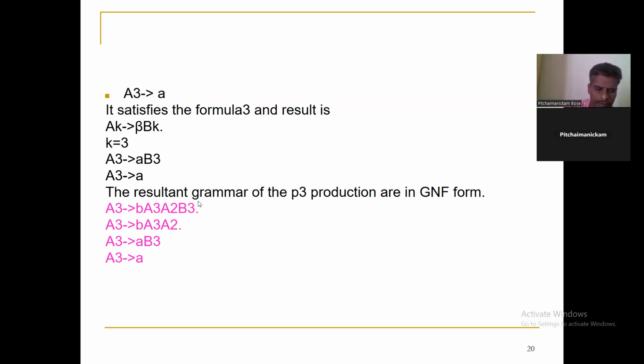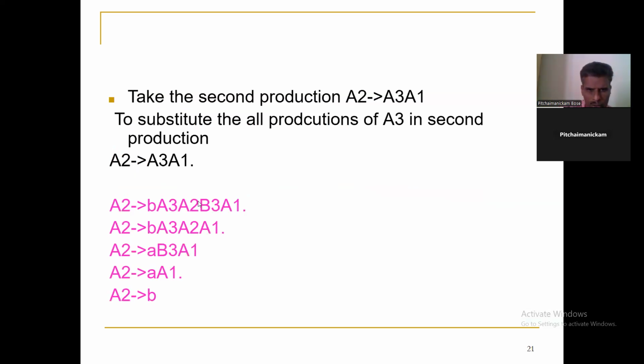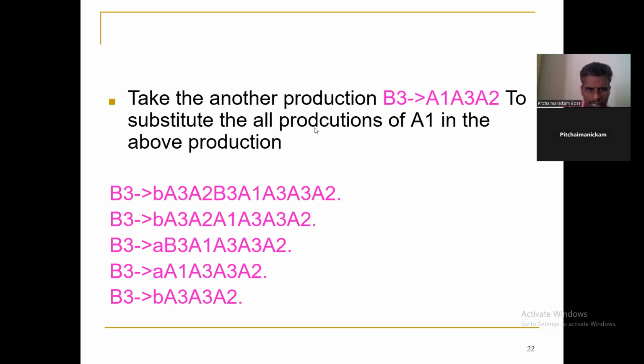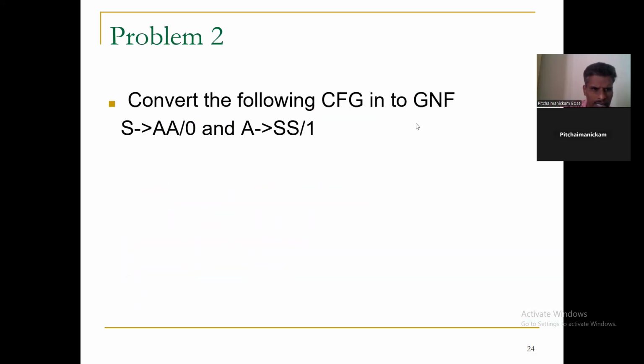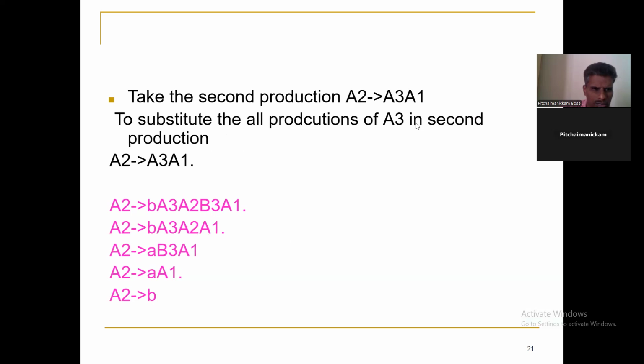We can take the previous one, that is A2, to substitute all the productions of the form A3 tends to. Already A3 is in the GNF, so we can substitute all the productions here. So automatically it should be converted into GNF. So now all the A2 productions are in GNF. So next one is take the another production B3 tends to A1, A3, A2. So now we just replace all the productions. Here A2 is there, and A1 is also